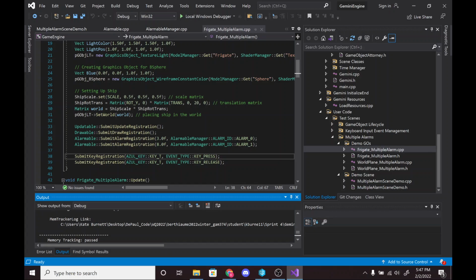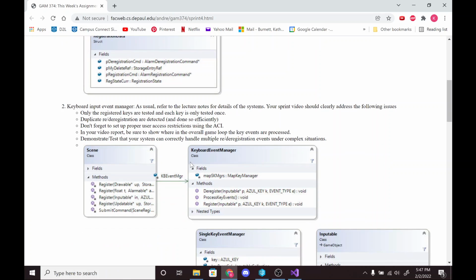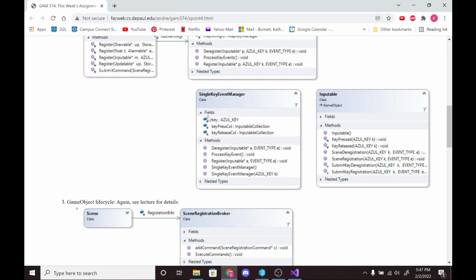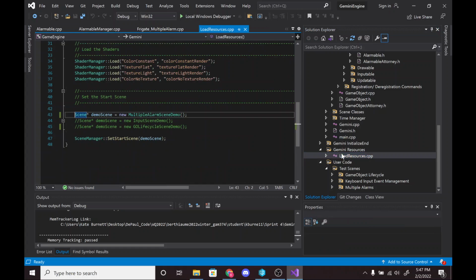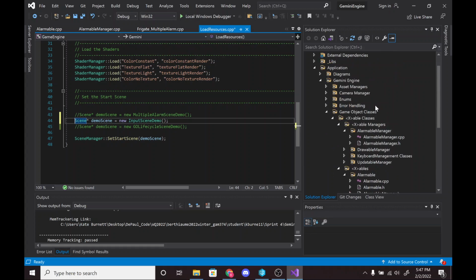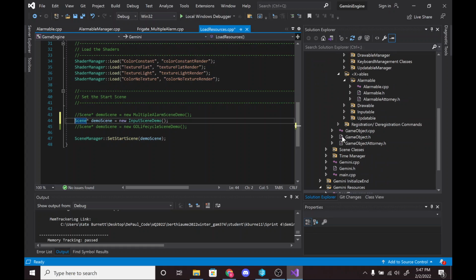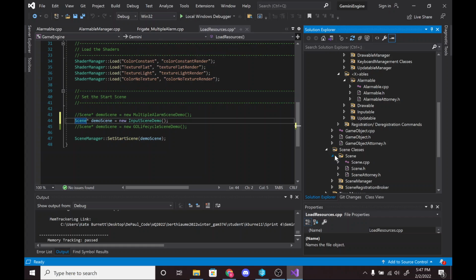Right. So next is the keyboard input event management. So how to show this? I have another scene demo that shows this off. Basically the scene now has